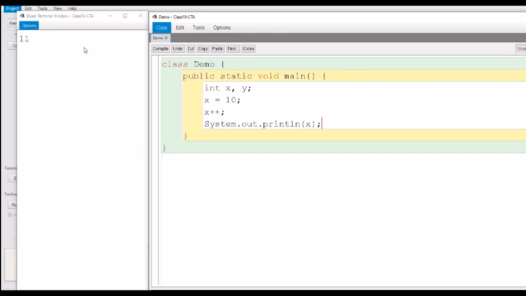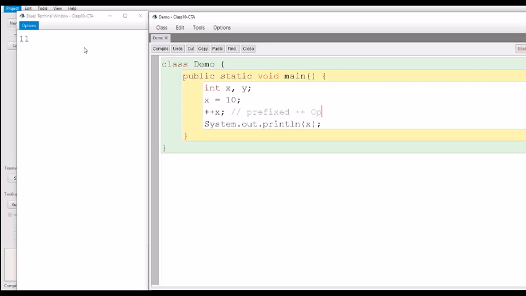It displays 11. Now what happens if I change this and make it ++x? Will there be any difference? Now this ++x is called a prefixed operator, the prefixed ++ operator.